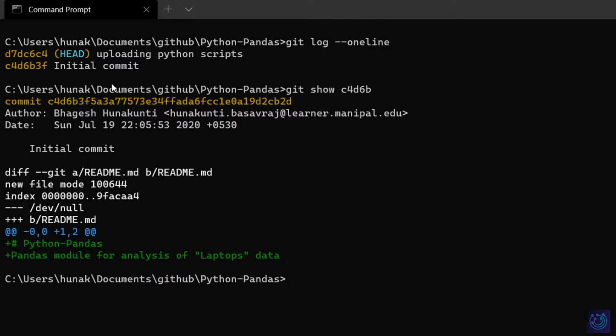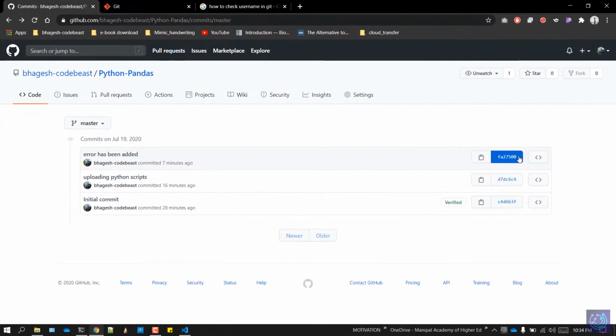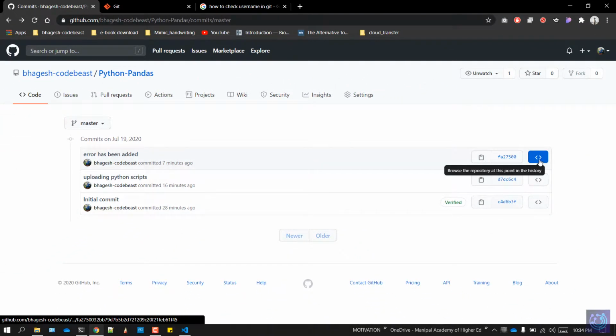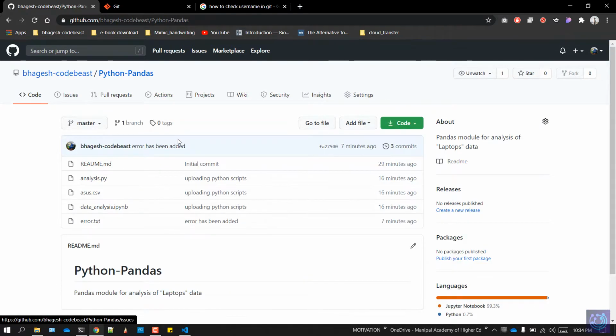So you can just go back to the commit message, type in git log --oneline, identify the commit message which you want to have a look at, or the version which you want to have a look at, and type in git show followed by the commit ID to show the changes which you made in that file or in that commit or in that version of your repository. So you can do the same in GitHub by clicking on this angle brackets. So this is how you track all the files on GitHub.